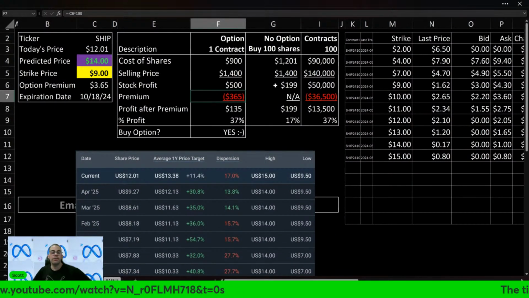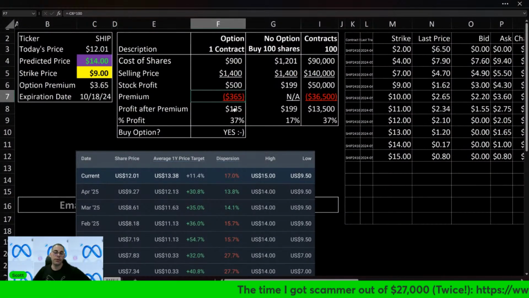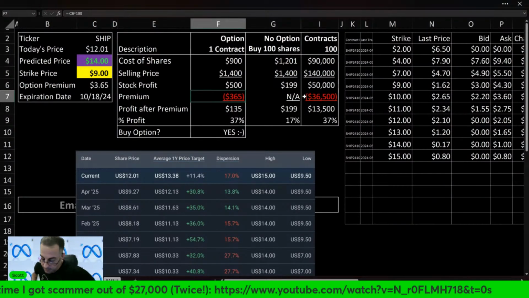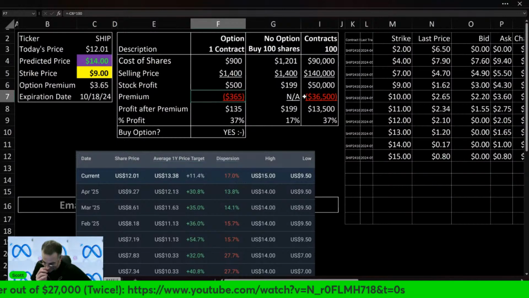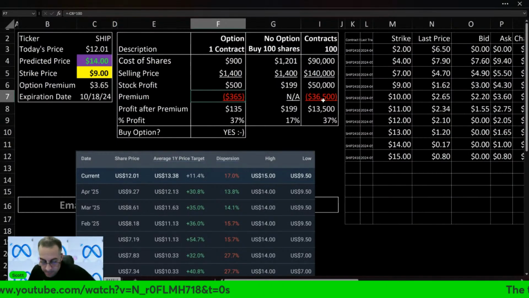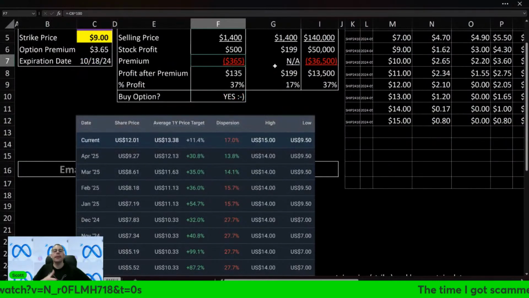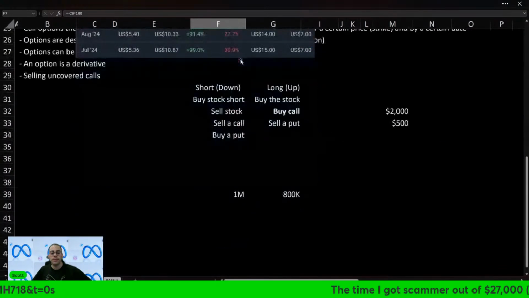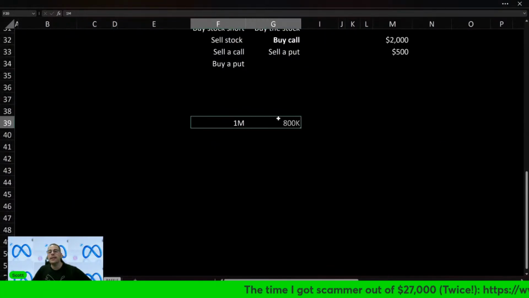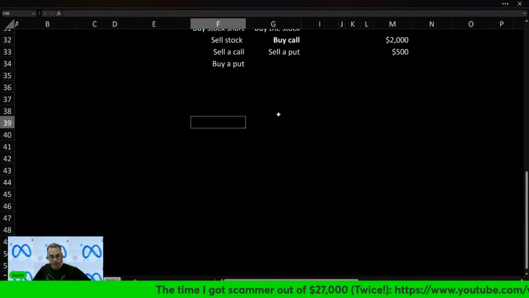And if we do that and it hits 14, the predicted price, we'll make $135 after the premium, which isn't a lot. It's 37% return. But if you buy 100 contracts, so this is a bit tight. There's not much room. The reason they sell it in the money is because